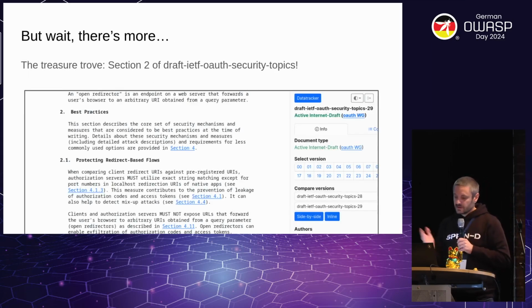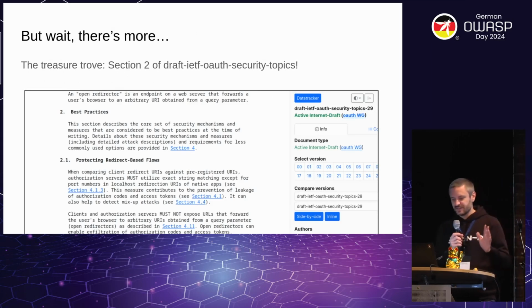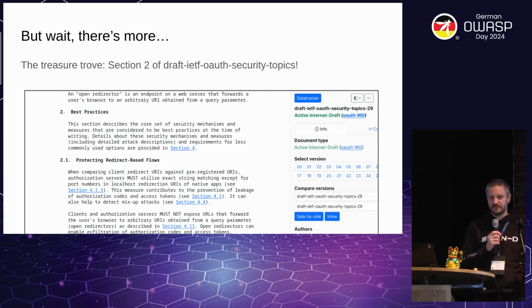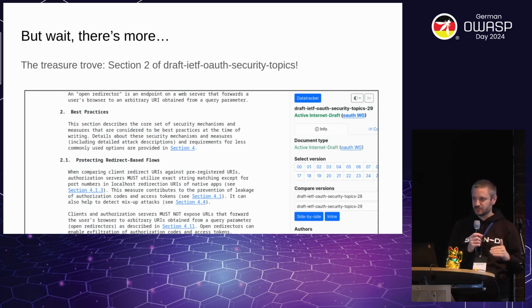Yeah. So as I already said, there's more. There are not only three recommendations. If you don't find the time to read the whole 60+ pages document, please at least read section 2, which is the main section for developers and implementers, which really lists all the best practices in a very concise manner. And if you want to know more, then you can look into the attacks section where we define or show all the attacks.